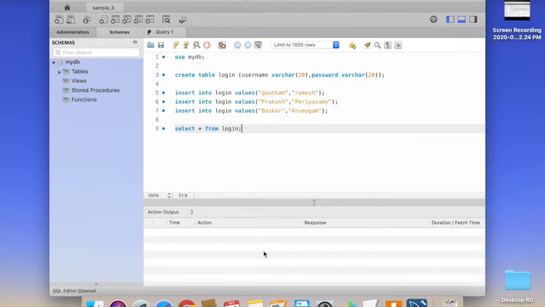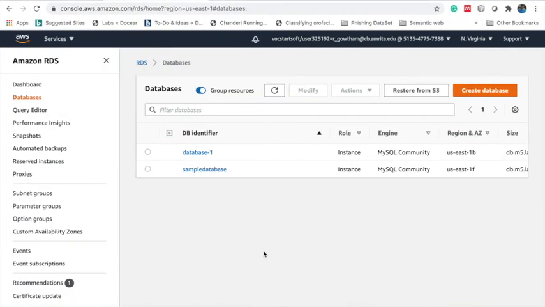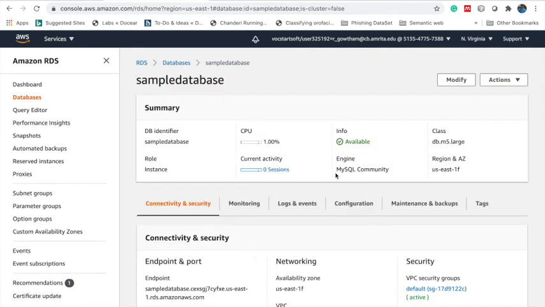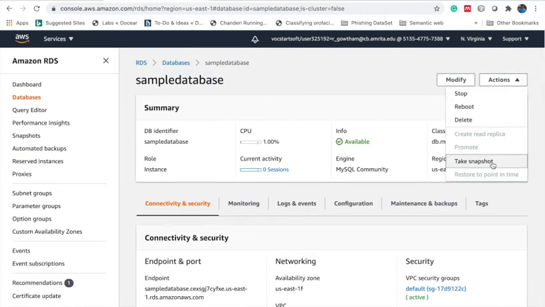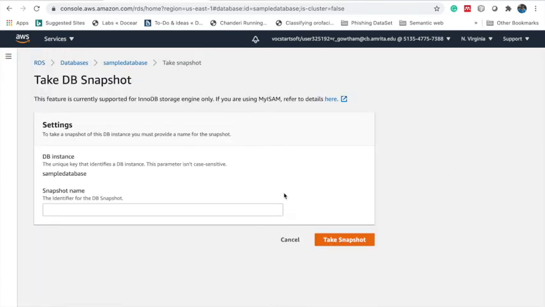At any point of time, you can take a snapshot of the database. For instance, I have created a sample database, and if you want to take a snapshot of this sample database, you can go to action and click on take snapshot, and it will ask for the snapshot name.